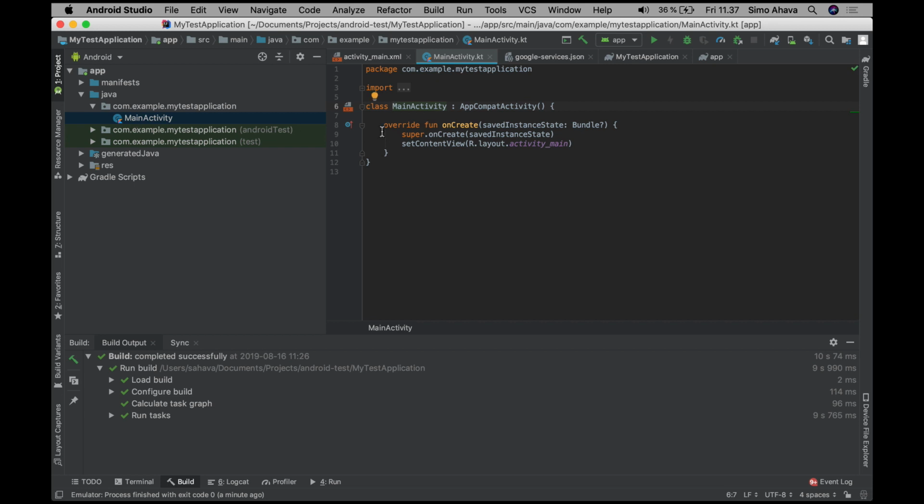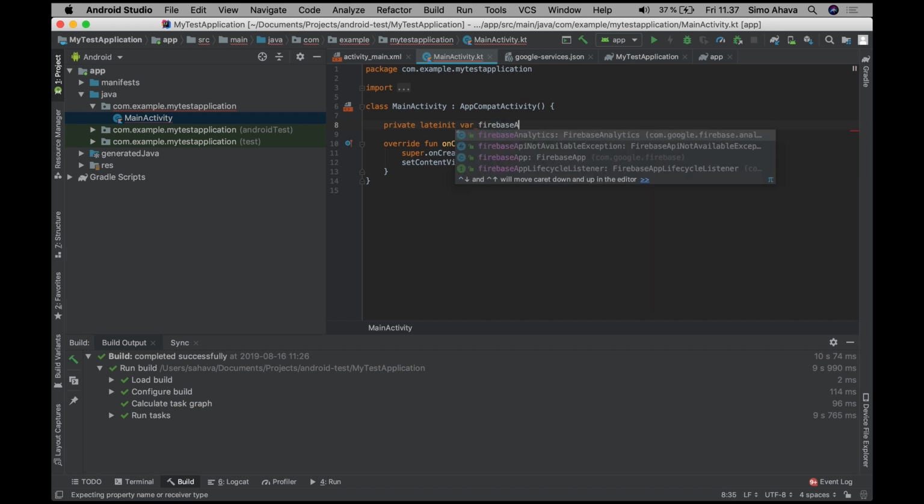So this is your main activity. In Android you're using activities, and activities basically represent different types of views and different types of things that can be done on the application. So the main activity is what's run when the application is first executed, and this is where you'll need to initialize your Firebase installation as well. So we'll start by creating a variable for the Firebase instance,